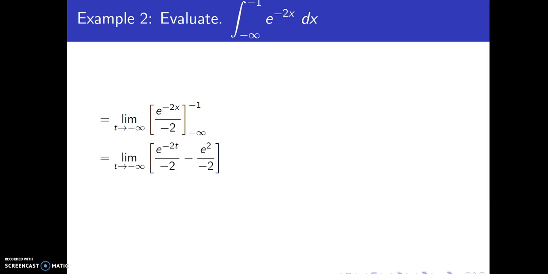So we're going to change the negative infinity to t. So we're taking the limit as t goes to negative infinity. Change x to t. And then the other one, negative 2 times negative 1 is going to be positive 2. So we're going to get some plus e squared over 2. But the thing is, the e to the negative 2 over negative 2, that's going to go to positive infinity,